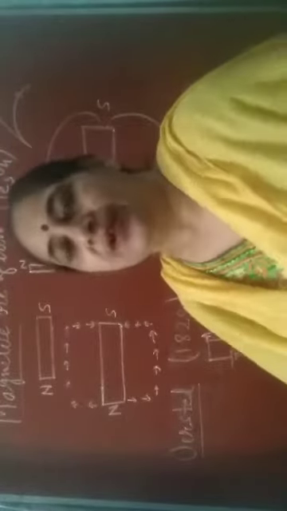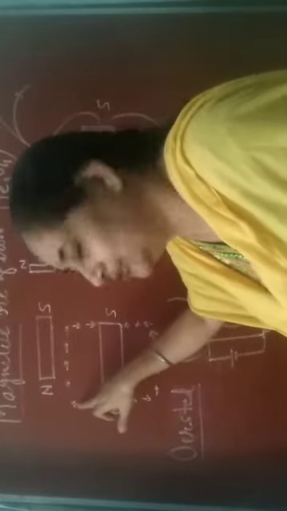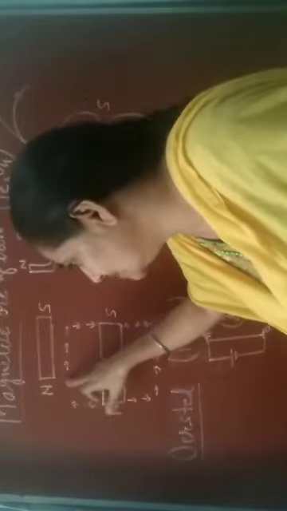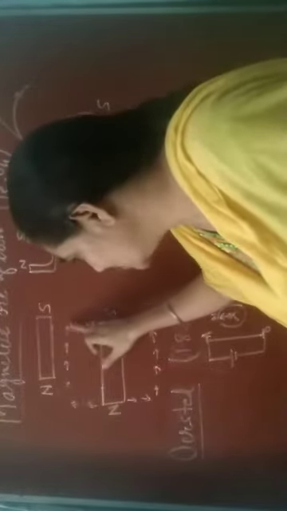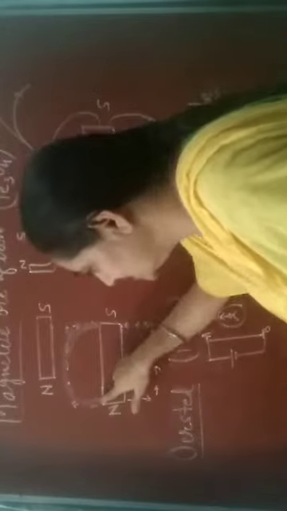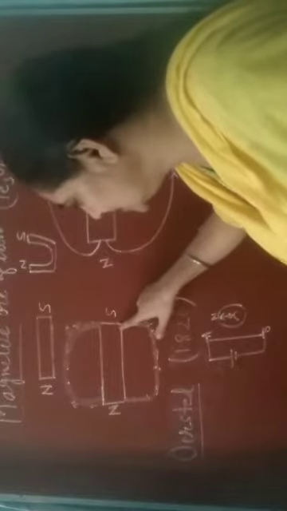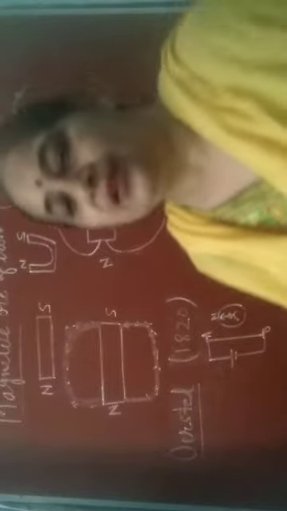So here you see in the bar magnet two poles, north and south. If we place a magnetic compass here, what will happen? You can see the arrow head of the magnetic compass is on top. Now change the position of the magnetic compass. You will see the position of the arrow changes and it goes up to the south pole. You can see there is a circle around it. So up to here the magnetic field exists. Similarly at the bottom also, if you move the magnetic compass, you will again get a circular line. So this shows the magnetic field lines are circular.